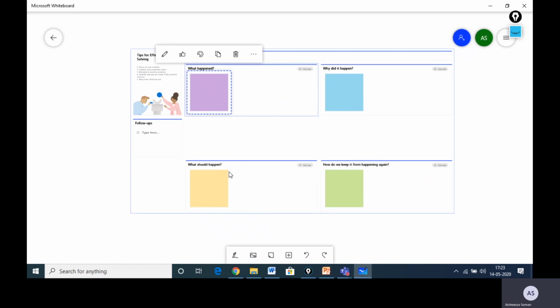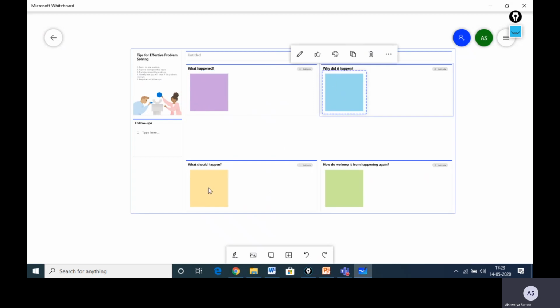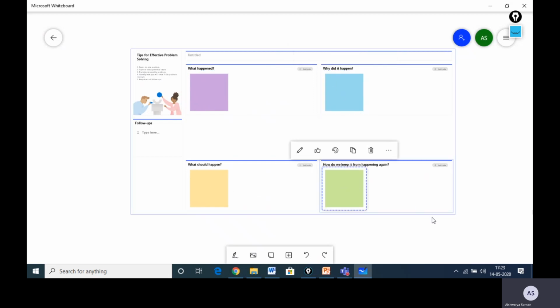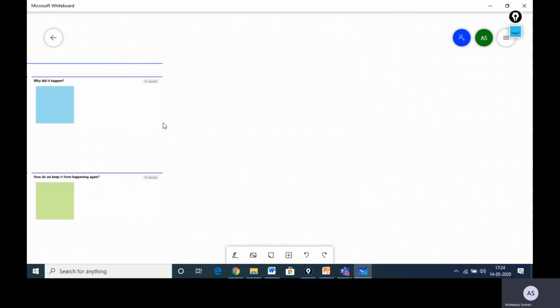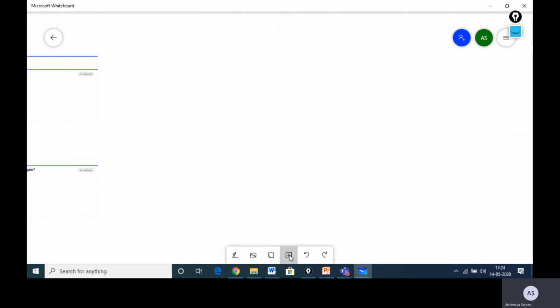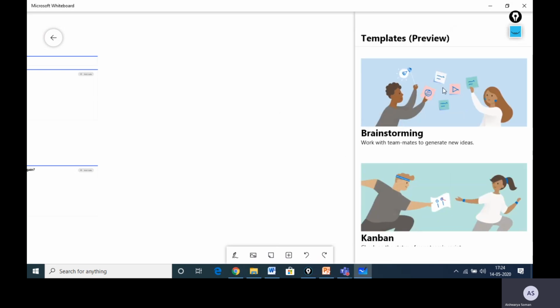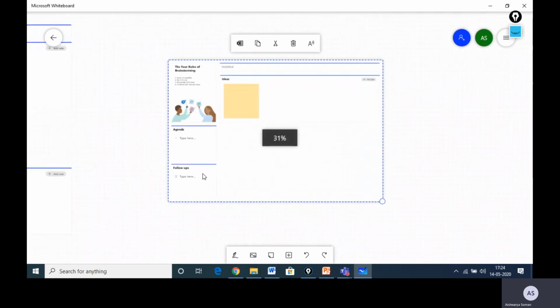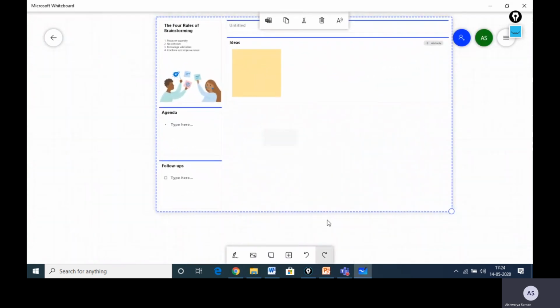He or she can use the pen tool and write what they want to write here. Answer this following question, they will answer it for you. This is another way. There are so many other templates like this. There is one brainstorming template, the first one. Again, you can make use of all these templates, teachers.